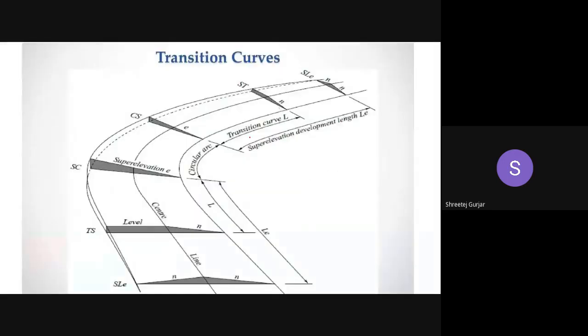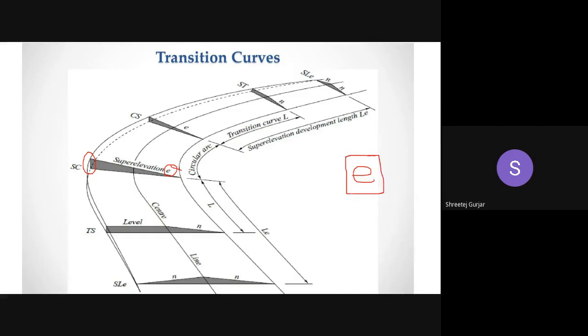You can see here, this is the super elevation which is provided. Whenever you have a curve, you might have observed that the outer edge of the road is usually higher than the inner edge. That is nothing but super elevation, the raising of the outer edge of the road, so that your vehicle is stable on the curve and does not overturn or slip at high speeds. That is why we need to raise the outer edge of the road. Super elevation is termed as small e.